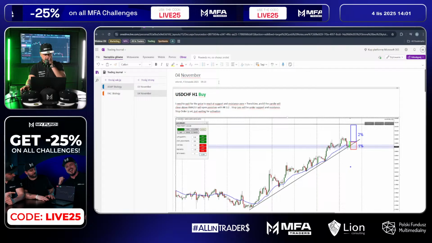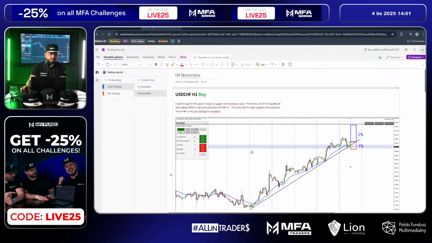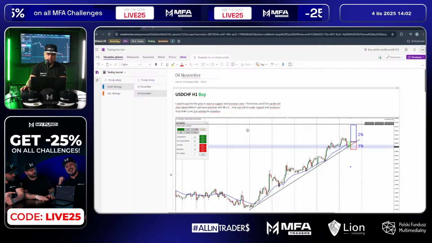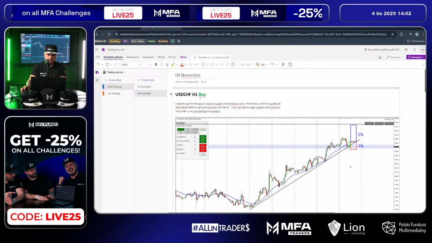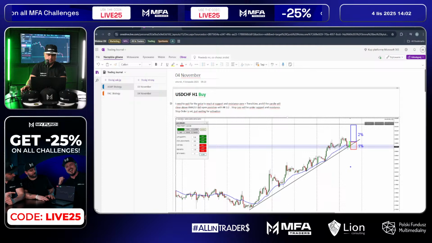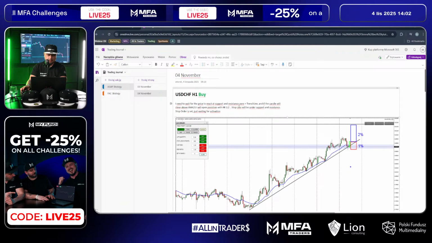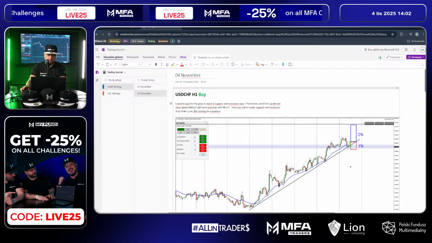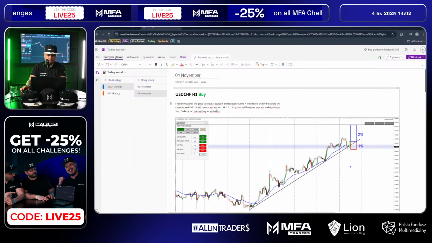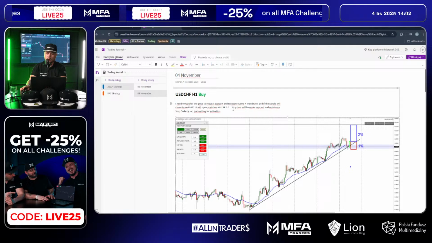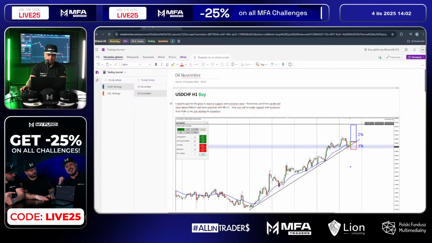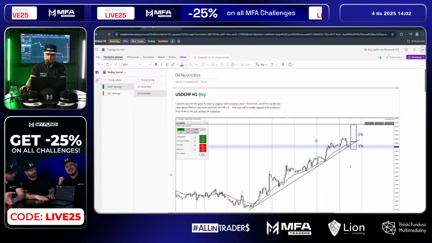Okay, everything is good with the sound and visual. So this is the plan from the morning session, USD CHF 1 hour. I need to wait for the price to react at the support and resistance zone, trend line. And if the candles close above the exponential moving average, I will open a position with risk to reward 1 to 2. Stop loss will be under support and resistance. Stop order is set, just waiting for activation.